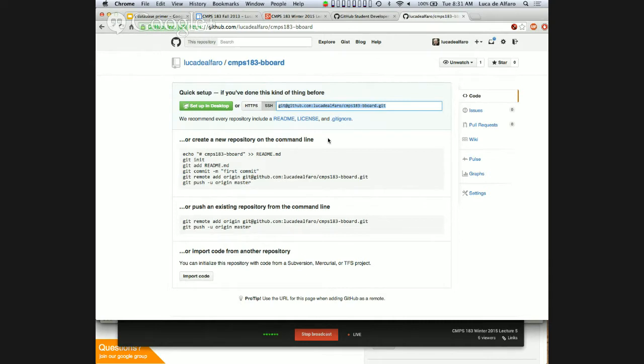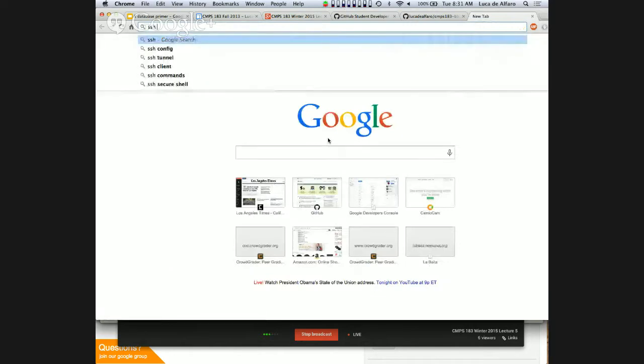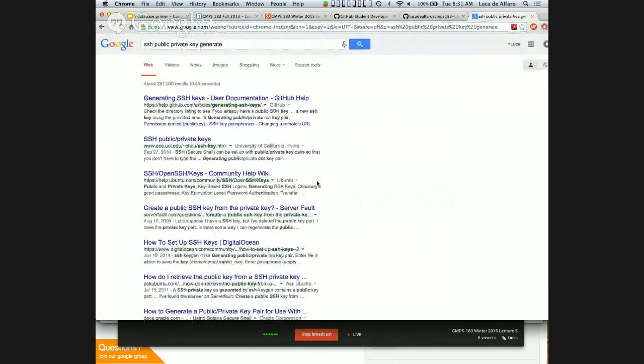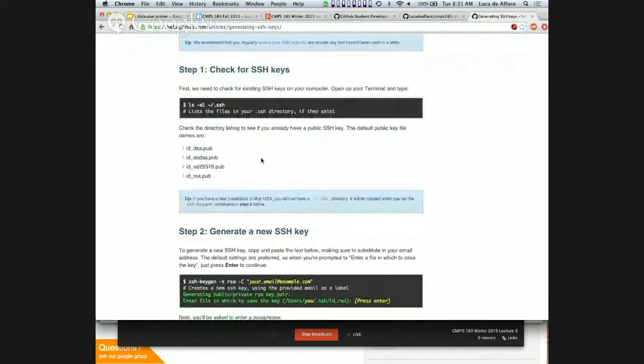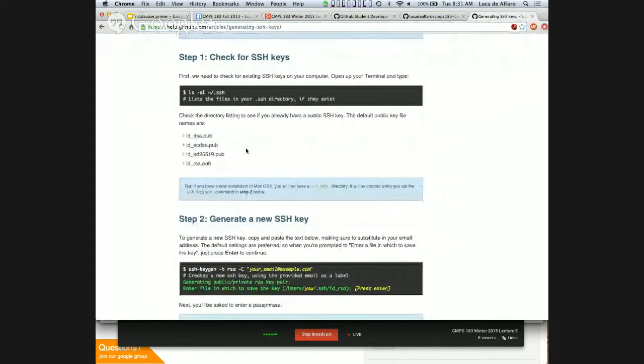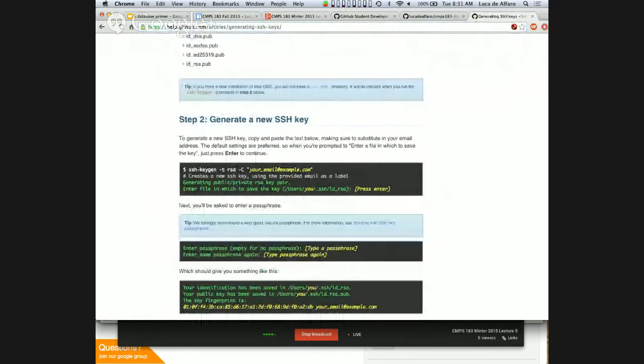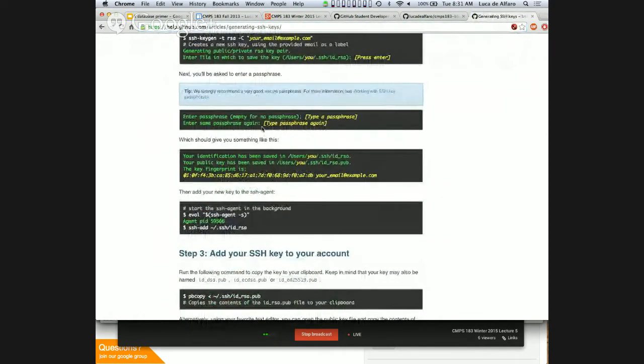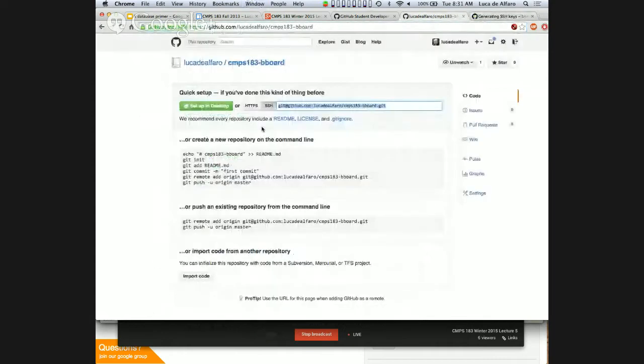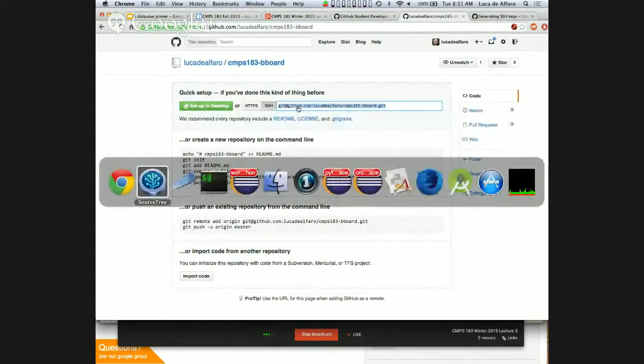If you need to create a public-private key pair, there are instructions, like generating SSH keys, which also generates a public key. It tells you how to check if you have them and generate a new one. There is all the documentation you want. I will post it on the web page. But I have it already. So this is my repository address.